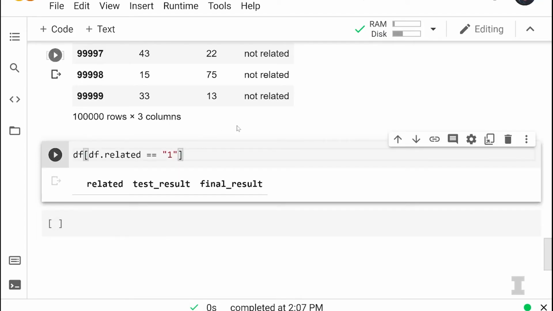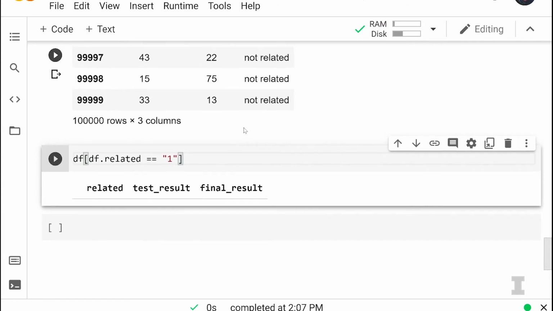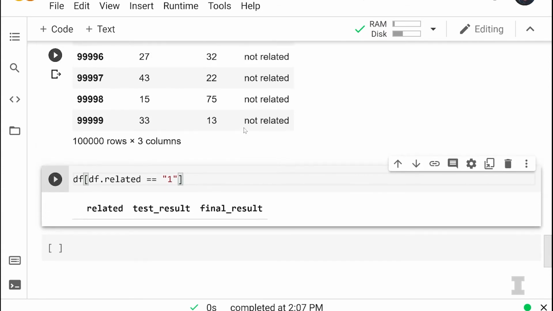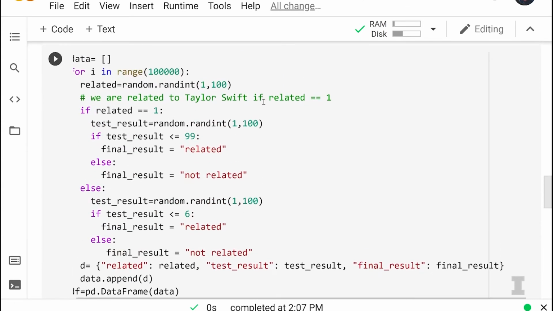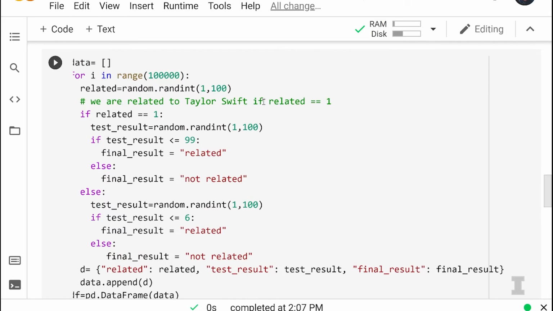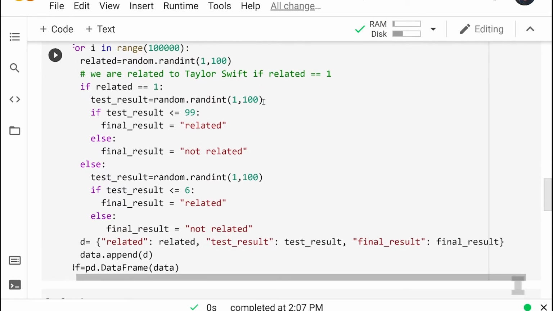So it should say, I think instead of 1, we should say related equals related. So I think it should be 1 because we did our related simulation way up here, is actually whether or not they were related or not. Oh. At the very first line of code. Related equals 1.